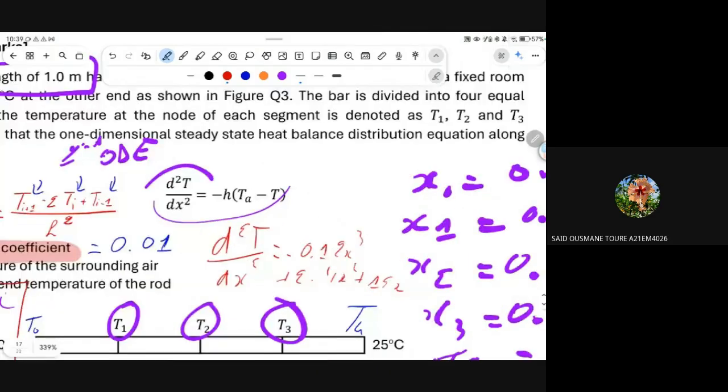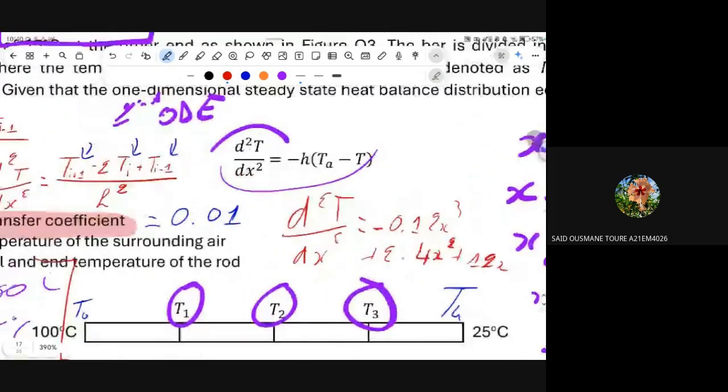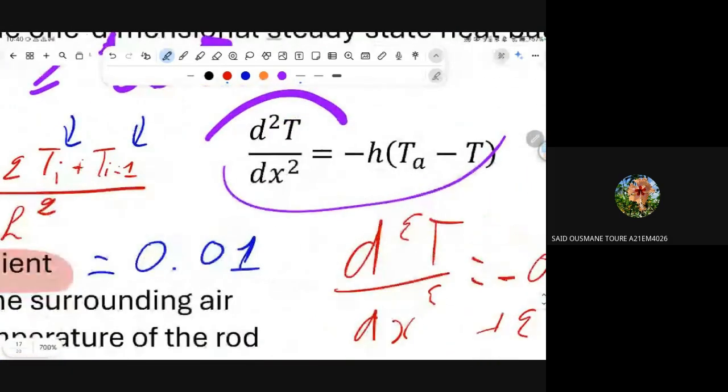Oh no, plus 2.4x squared. So it's not fair if I tell you that the other side is h(T_a minus T), because then you come to the exam and you have this equation. Now what do you do? Understand? So what is fair for me to say is that whatever the value they give on the other side,